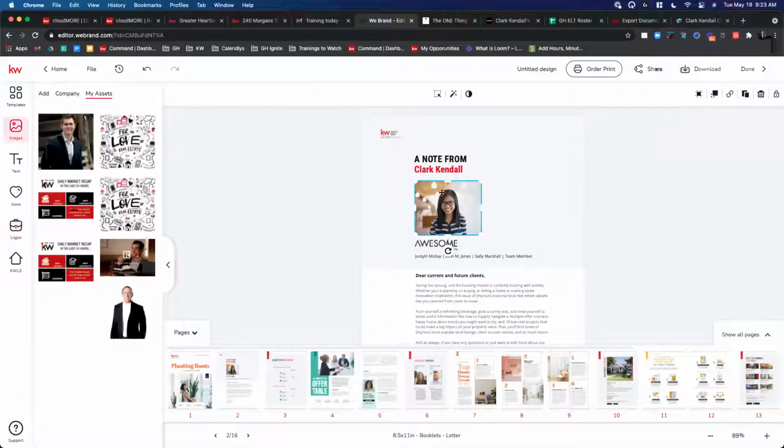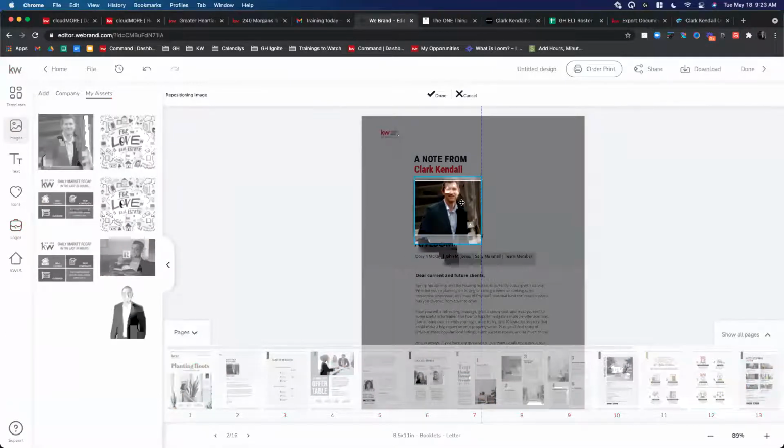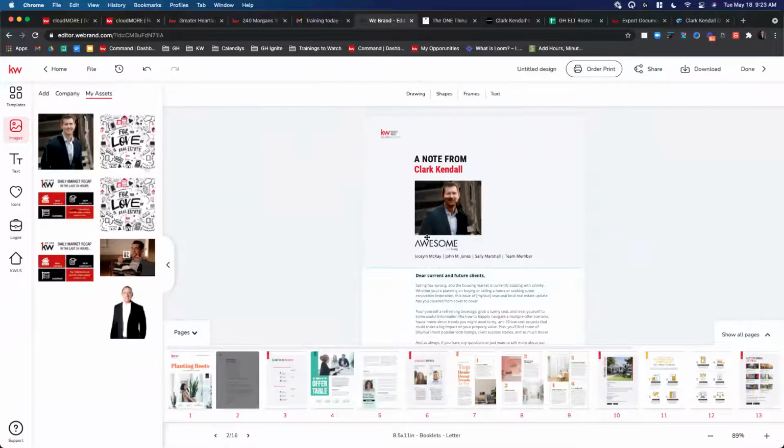To change your headshot, when I clicked on this, again, it shows images for me. You see the headshot here. I could just hit replace, and you notice that it cut me off a little bit at the top there. No worries. If I double click on this, I can move this picture around to where it doesn't cut my head off, and make sure we hit done at the top here. So again, this is really easy to take what Keller Williams marketing team's already given you and change it for yourself.